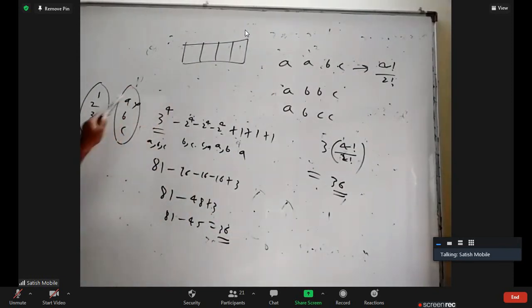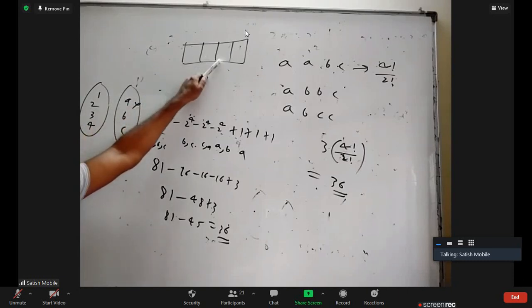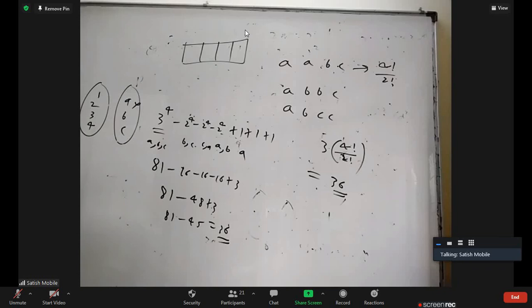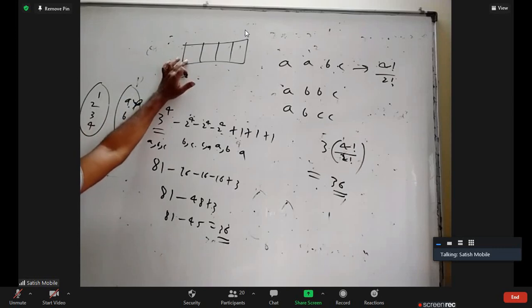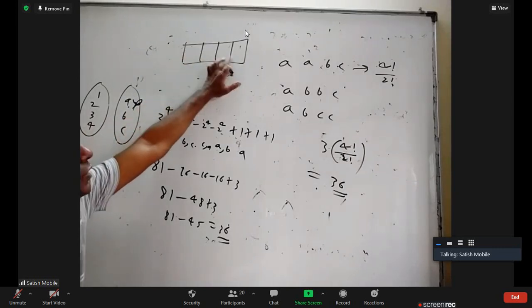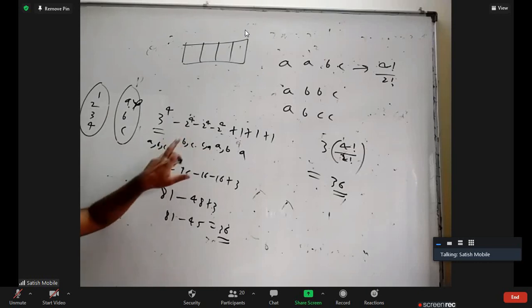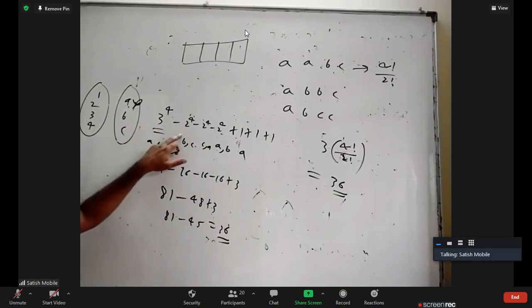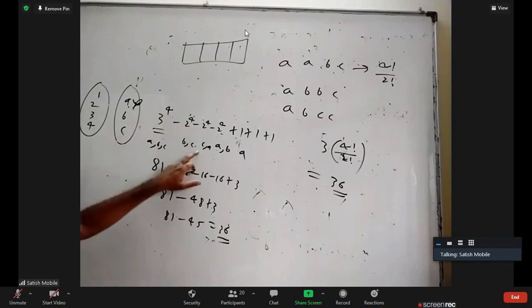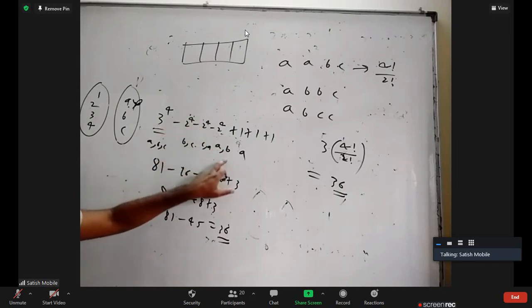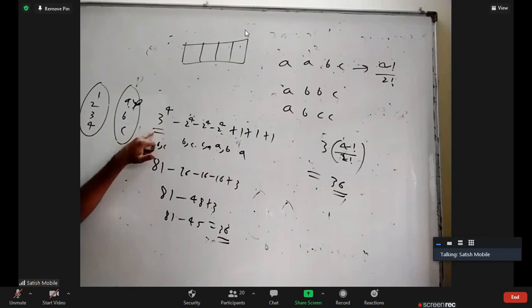First letter can be any one of the three, A, B, C. Second letter can be any one, third letter, fourth. So that is 3 power 4. All the possible words using A, B, C are this. But in that, there are some words where A is not used at all. They are there here, I want to remove them. If you don't use A, for filling this there are only 2 choices, B or C. For this also 2 choices, for this also 2, for this also 2. So there are 2 power 4 words using only B and C. They're all there in this, I don't want them. There are 2 power 4 words using only C and A, I don't want them. There are 2 power 4 words using only A and B, 4-letter words. They're all there in this total, I don't want them. So I have to remove them. Up to here, is it okay for you?